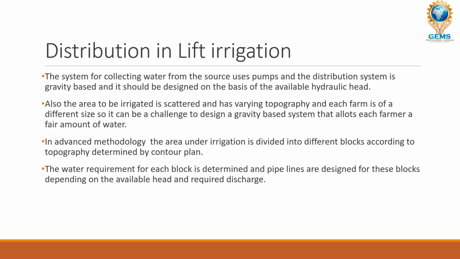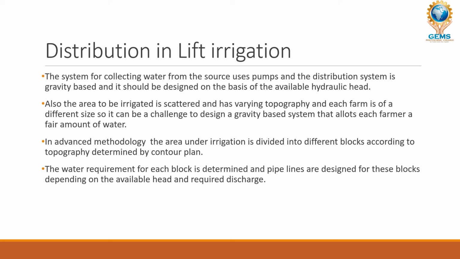You cannot identify the topography on a globe, or on a map, or just on a sheet. You have to analyze the contour plan. A contour plan is a total 2D view plan. It mentions where all the irrigation lands are, where all the wells are present, and where all the natural alignments are present. That is a contour plan.